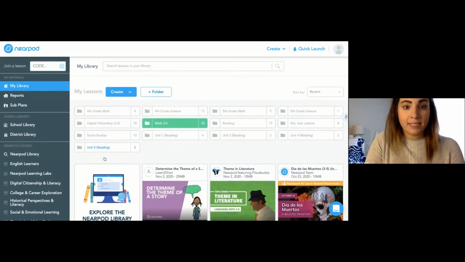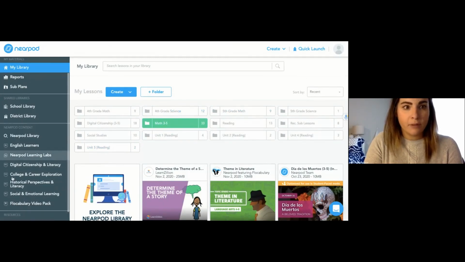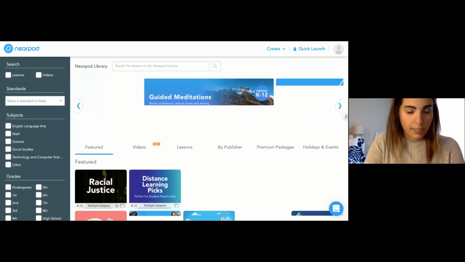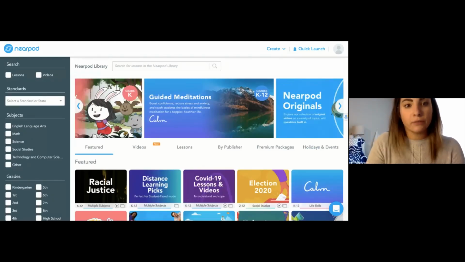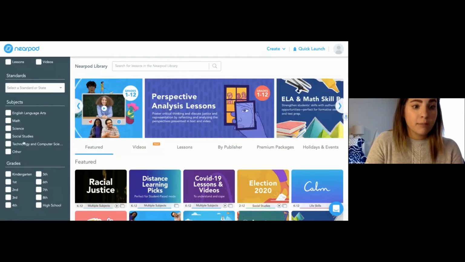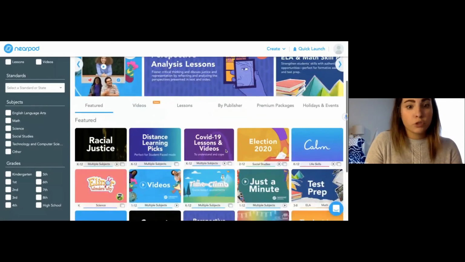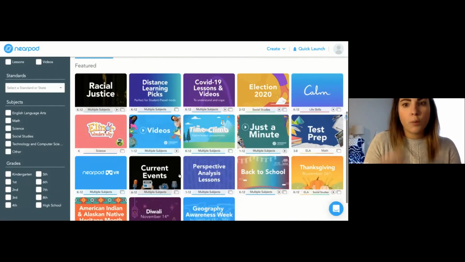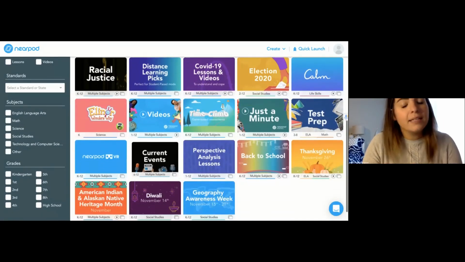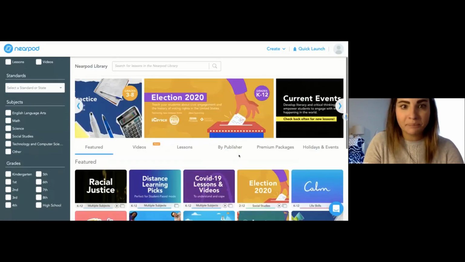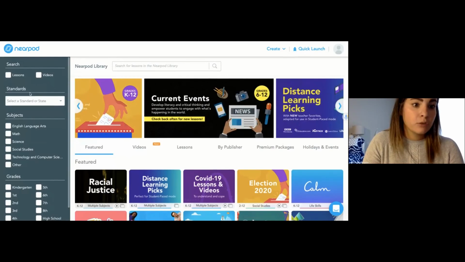So this is just my library, but if you have the premium Nearpod, you could search the Nearpod library. And there's literally thousands of different resources you can use. You can see that there's kindergarten through high school. There's all of the subjects, there's computers, there's social emotional learning, there's test prep. There's so many different resources that sometimes it can get a little bit overwhelming because you want to do everything and anything. So if I take you back to my library,